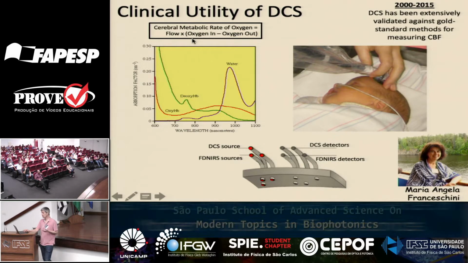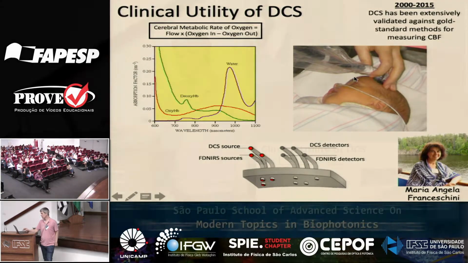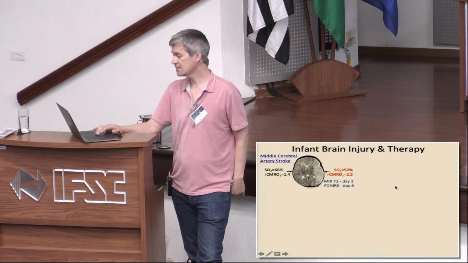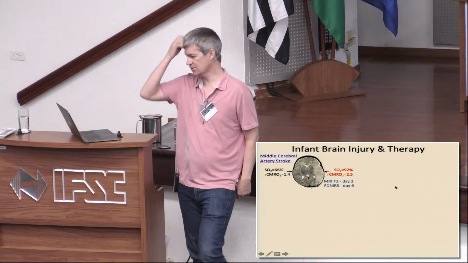And what's really cool is if you combine measurements of blood flow with measurements of oxygenation, you get a measurement of the metabolism of oxygen in the tissue, right? So that turns out to be clinically a very useful parameter. So Mariangela took this into the clinic, has made measurements on hundreds of babies. I'll just tell you some of her results,